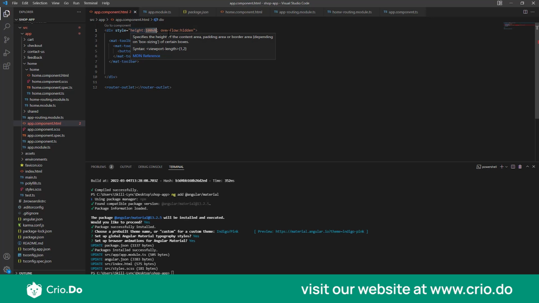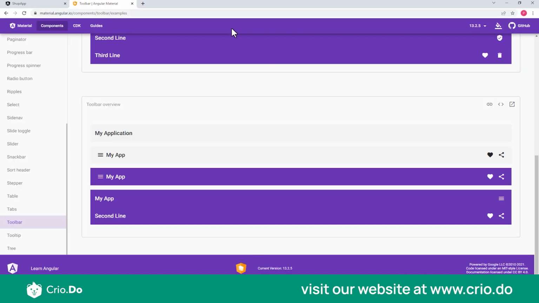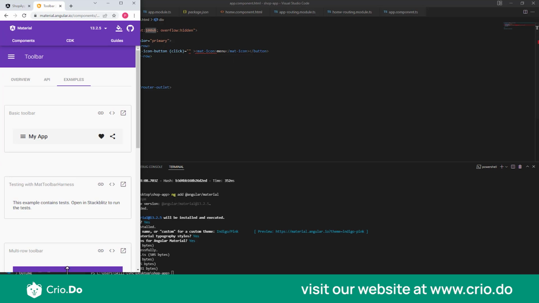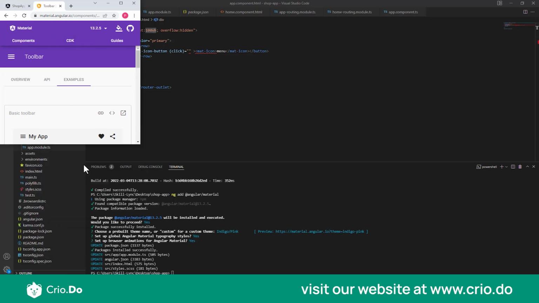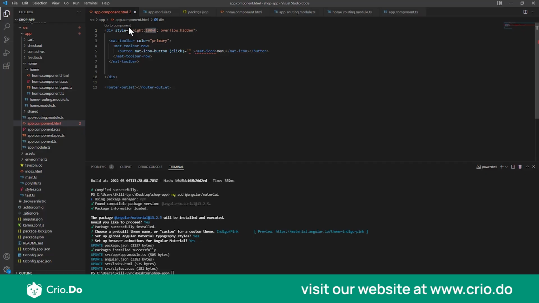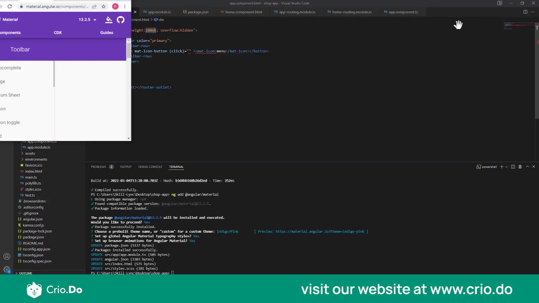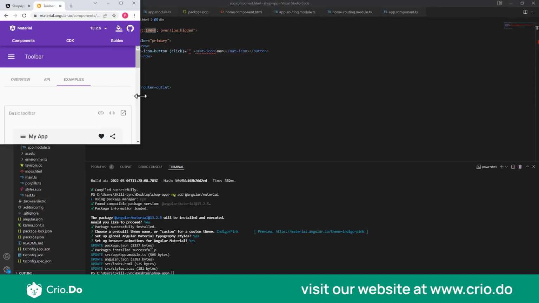So 100 VH basically means the entire viewport, whatever is the height of this browser. If it's here, it is this much, and if you reduce it, it is this much. So 100 VH means whatever is the visible part of the browser, we are taking that div to be of that height. And overflow hidden means you won't see this scroll bar by default